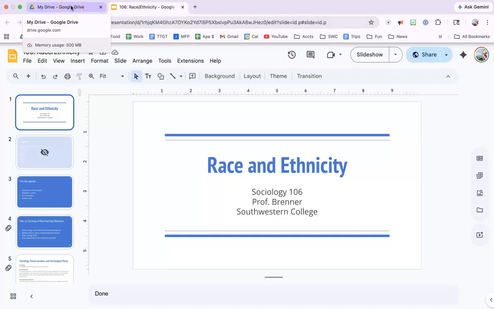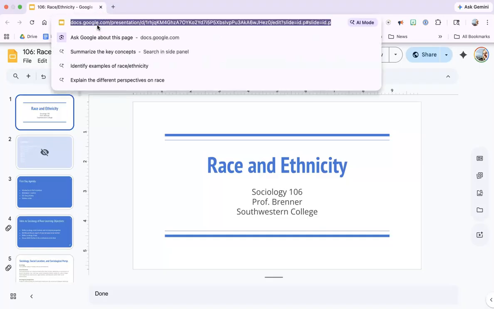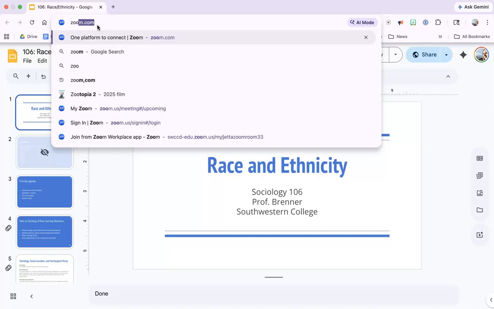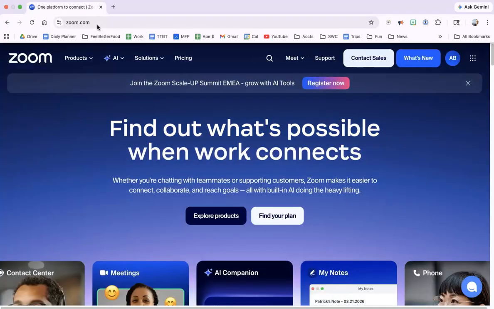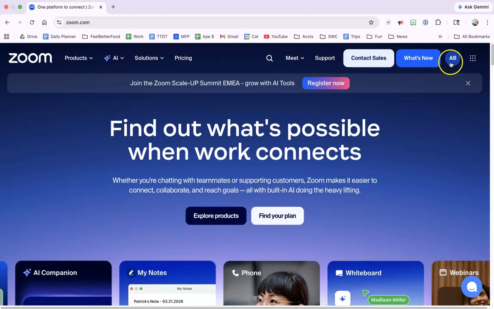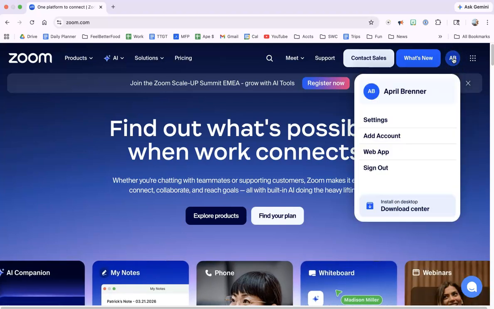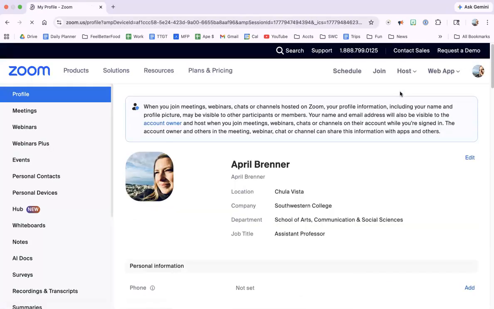What I'm going to do at this point, I'll get rid of this guy here. We want to go to zoom.com. Okay, so go to zoom.com. And at this point, group leaders have already set up their account with Zoom. All right, so what you want to do is sign in. I've already signed in, so I'll go to my profile page. Once you sign in,